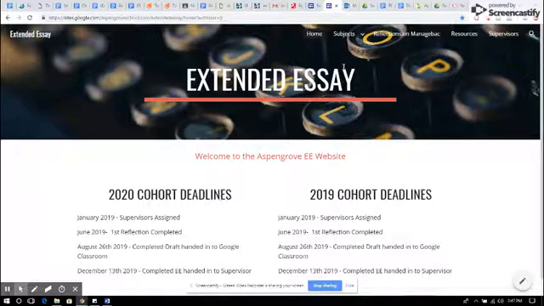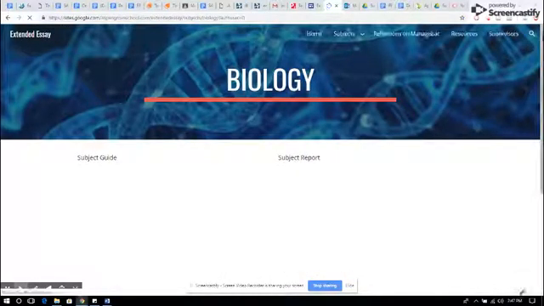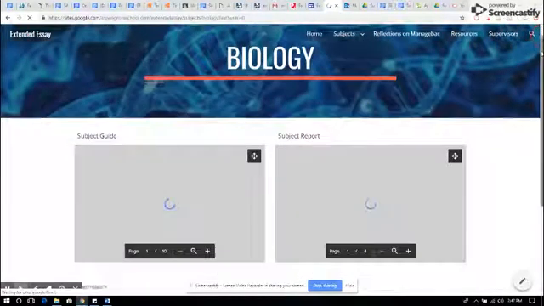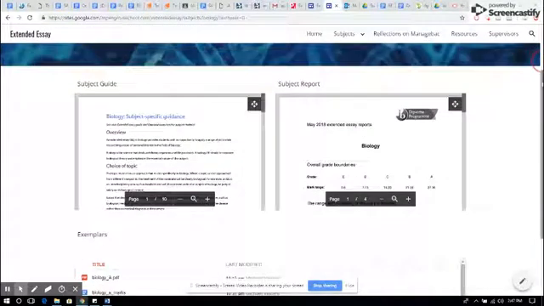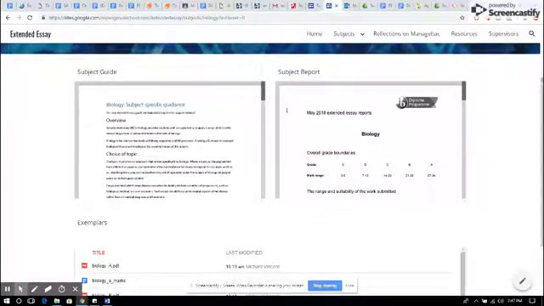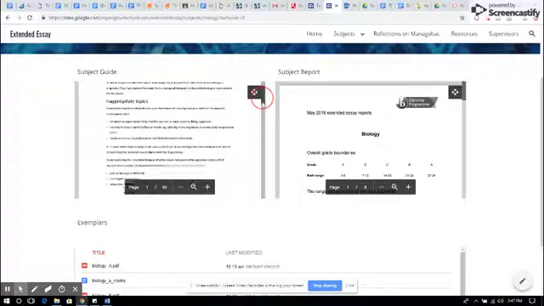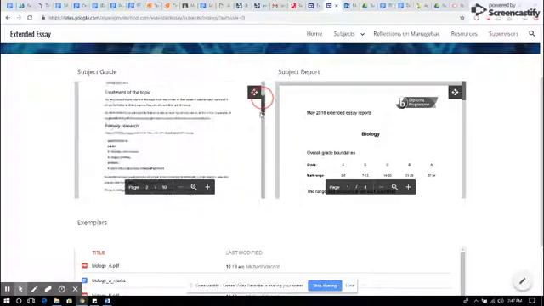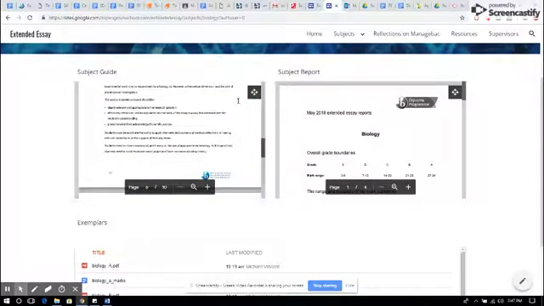So we decided to organize it easily by subject. So for example, we'll click on biology. Not necessarily the best subject, but it's the one at the top of the list. So you come to the biology site, and we didn't want to have everything here, but we basically wanted to give you access to probably one of the most important critical documents that you would require, either as a supervisor or as a student. So here's the subject guide, telling you exactly what you need to know to write a successful biology extended essay. And so you're welcome to just scroll through for the information you might be looking for,